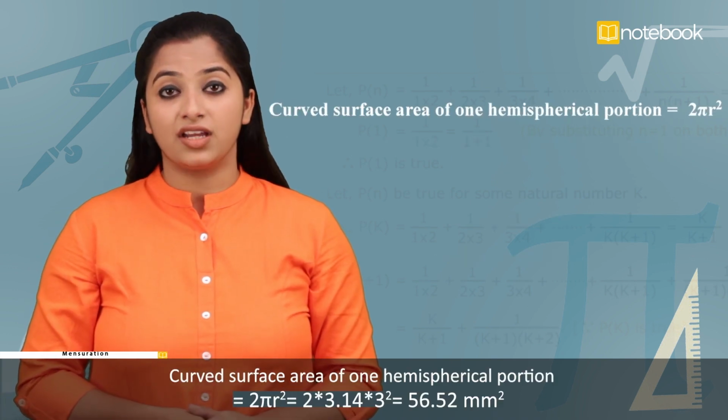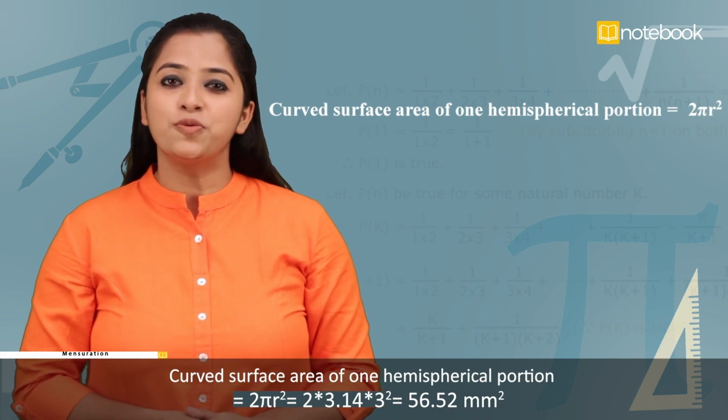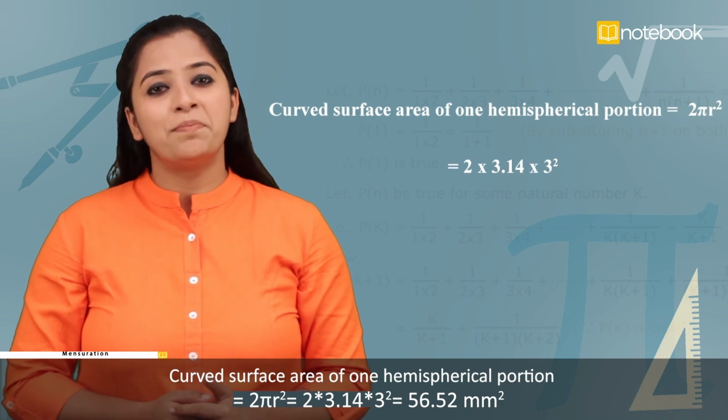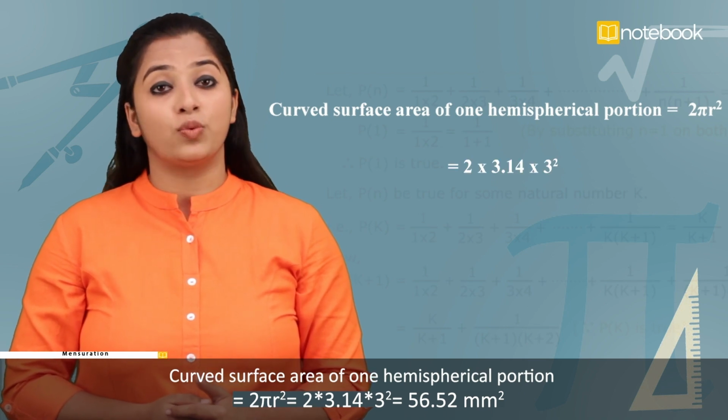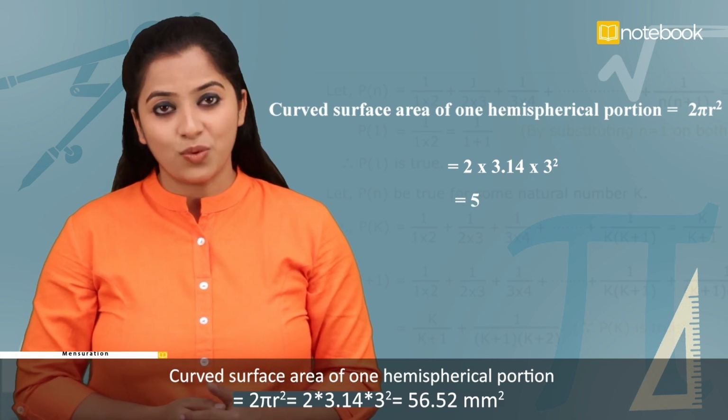Curved surface area of one hemispherical portion is equal to 2 pi r square, which is equal to 2 multiplied into 3.14 multiplied into 3 square,